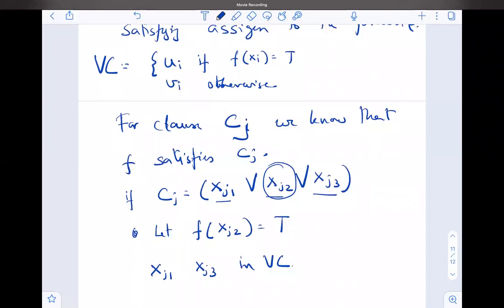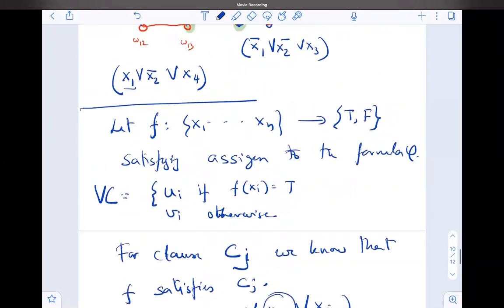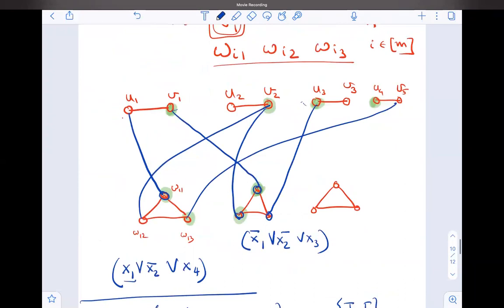Yes, sir. So by the construction, that means for every triangle, it will have a structure where two of the vertices are selected. And then the third one that is not selected, we retrace it to the top row, and that one is already selected. So by this property, we can already establish that every single cross edge will have to be saturated.